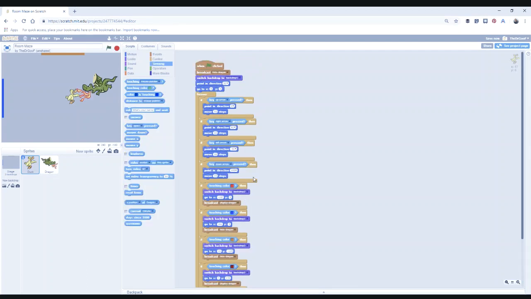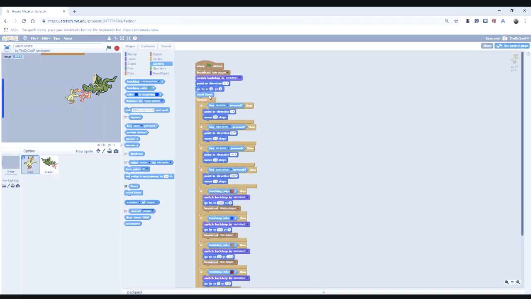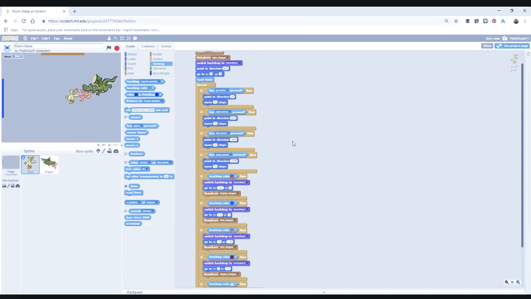Adding the timer. You'll notice if you go into sensing, there actually is a timer button. You can click on that and it adds a timer to your game in the upper left hand side. Here is what we want to do when we start our game. We always want to reset the timer. So we're going to reset the timer. Then at the very end of the game,